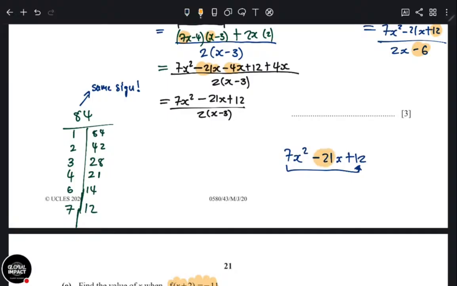Well, look here. Look at this sign. Negative. So that means both should be negative to add to give you this. So both are negative. When you multiply, they'll give you a positive 84. But when you add, someone should give you negative 21. Is there anyone who gives us negative 21?